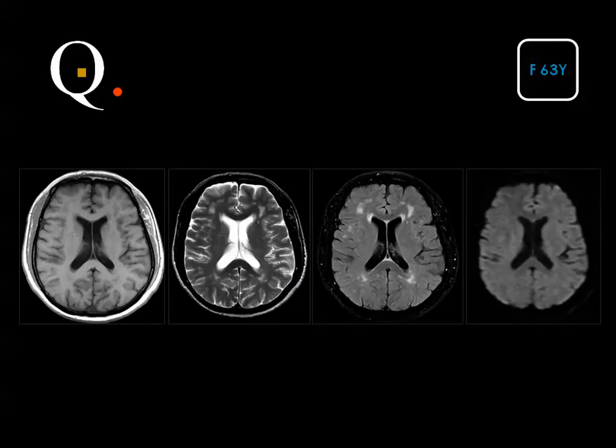Axial brain images, T1, T2, FLAIR, and diffusion. Showing multiple periventricular foci of bright T2 and FLAIR signal. The lesions are hardly discriminated in the T1 weighted images, and they show no diffusion restriction. The diagnosis is